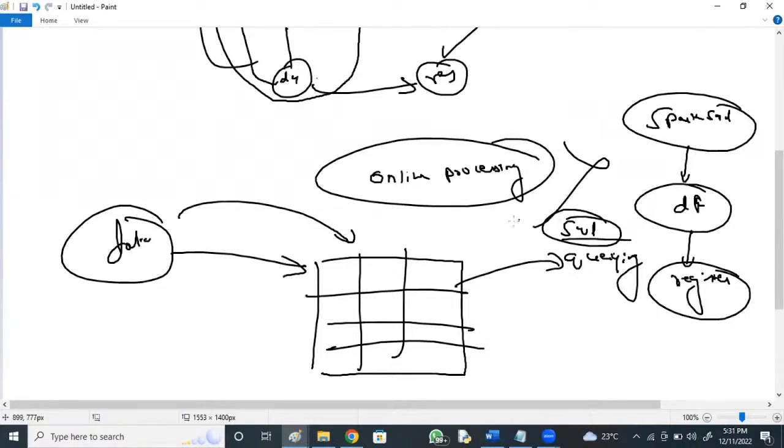A single transaction, or two or three transactions, right? This Hadoop or Spark is bad for small data, good for huge data.